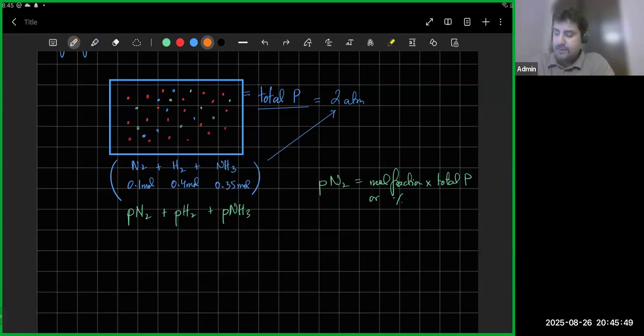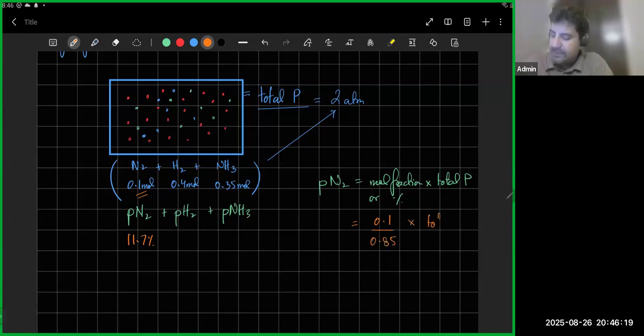So the percentage of N2 is 0.1 divided by 0.85, around 11.7%. So the N2 gas fraction in the container is 11.7%. The mole fraction is 0.1 moles of N2 over the total 0.85 moles,